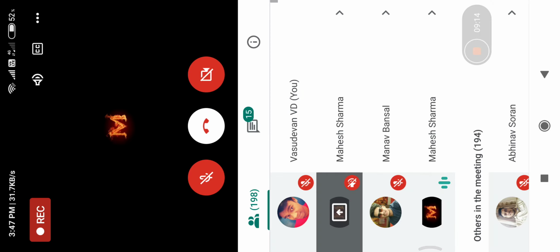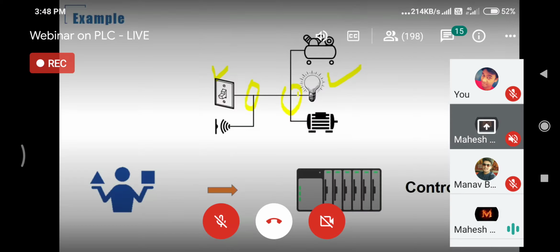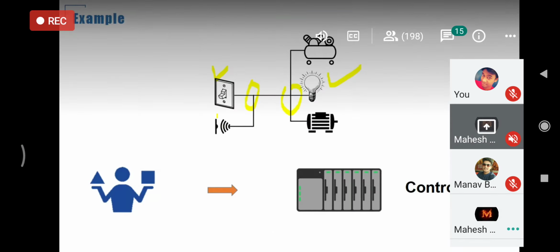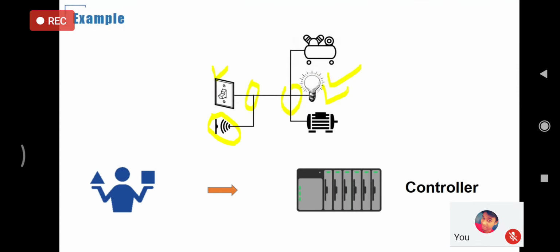Today I am controlling this bulb with a switch. Now I want to automate my plant. I want my sensor to control the operation of this bulb. Then the first step would be to change this wiring connection. This becomes a very hassle task for me because every time I need to change the wire.